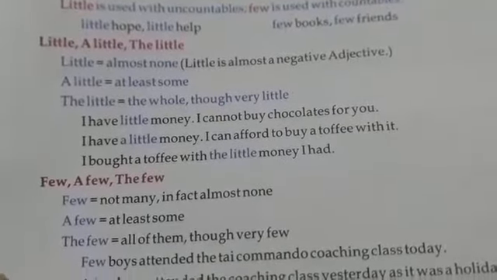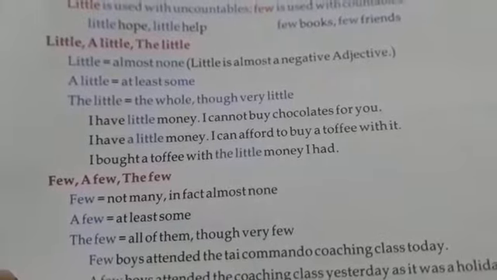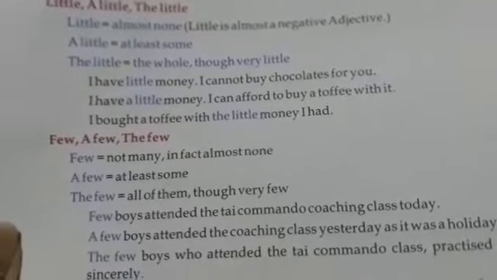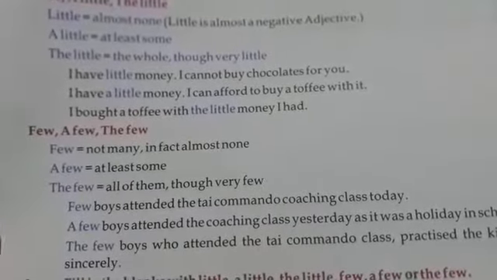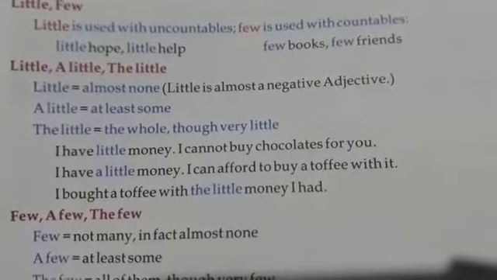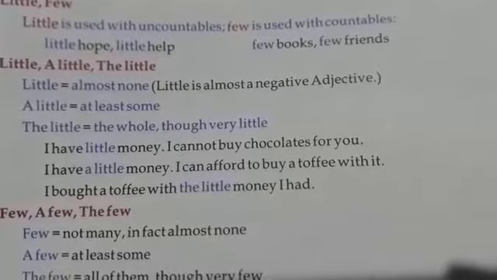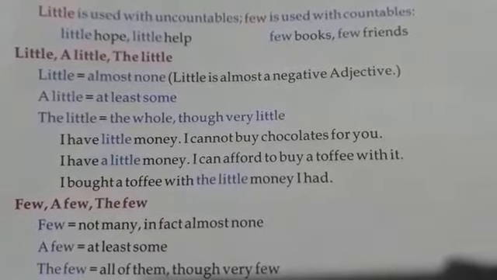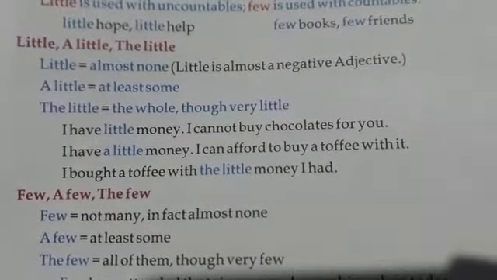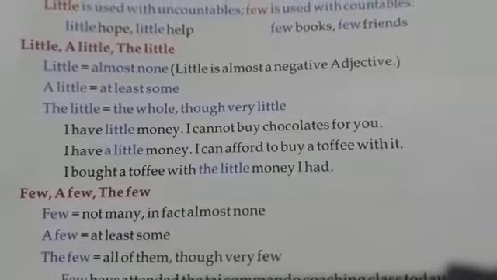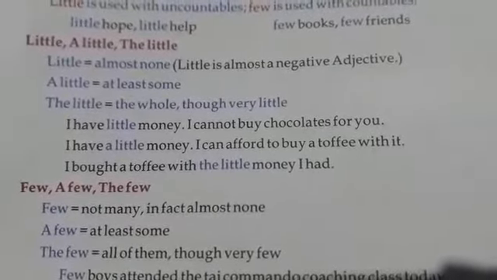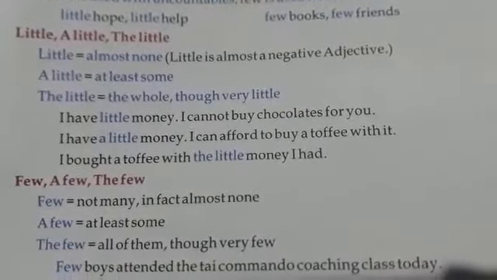Both are the same, the only difference is that little, a little and the little are used with uncountables, whereas few, a few and the few are used with countables. Little means almost none. Little is almost a negative adjective. A little is at least some. And the little is the whole, though very little. Whatever is left, whatever is with us,